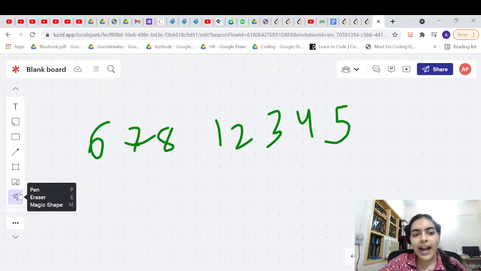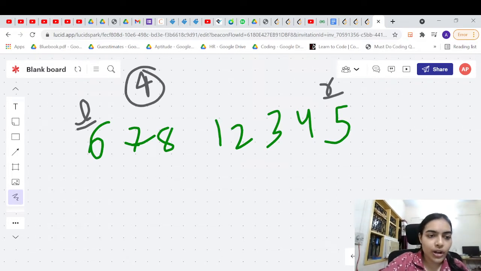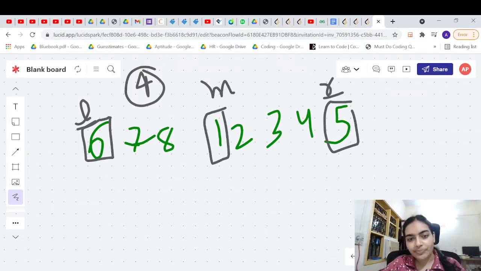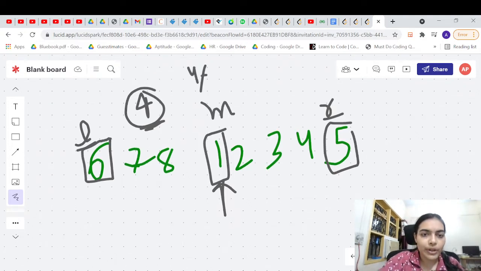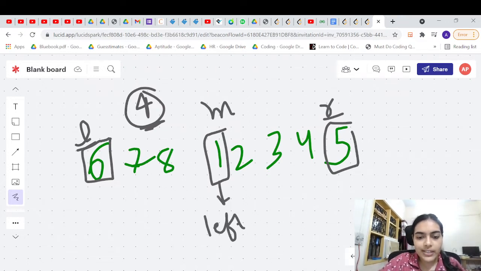Okay, let's take a random example. Let's say we are looking for the element 4. So let's apply the algorithm. We are looking at left, we are looking at right. So now we have this as left, this as right, and where will be our mid? 1 2 3 4. Here we will have our mid, right? So this is our mid. First of all, we'll see if 4 is equal to the mid element, like we do in binary search. It is not equal, right? 4 does not equal 1. So now we will see whether this element is left sorted or right sorted. Okay, so we will look at 1.